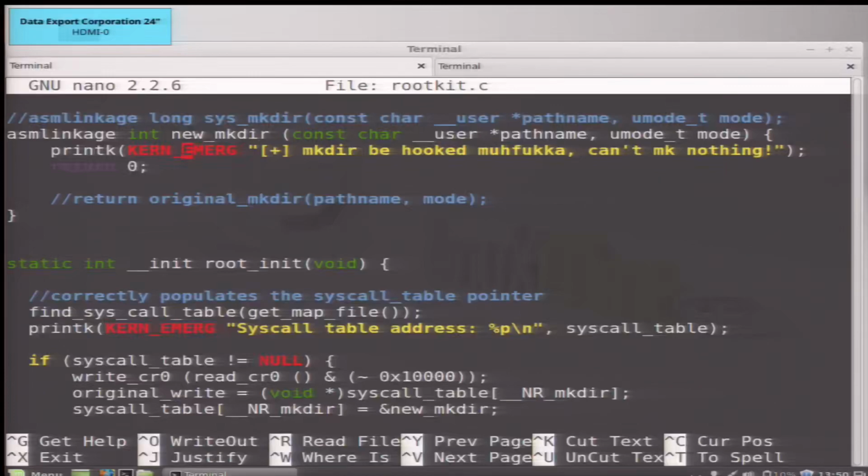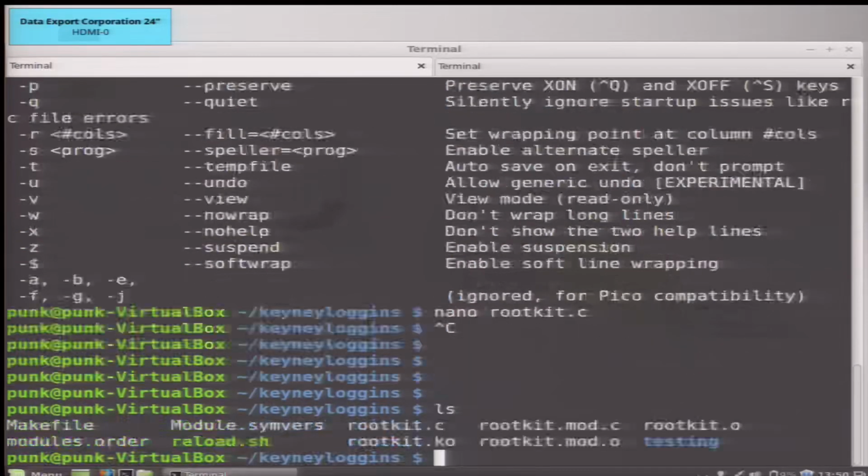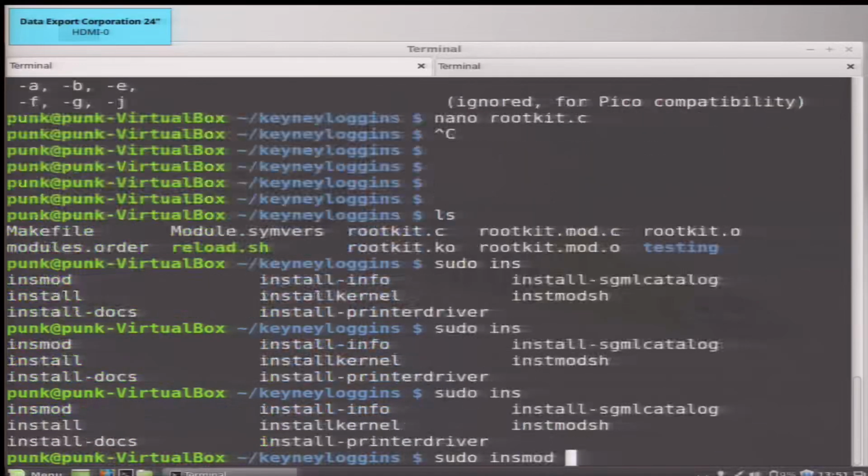This is all open source, by the way. You can go online, go on GitHub, copy this, and it shows you how to make other system calls, how to hijack other system calls as well. And like I said, it's actually not that many lines of code. It's maybe 100, which for C is amazing. So what are we going to do? We are going to enable this particular rootkit. It's mod rootkit.ko.